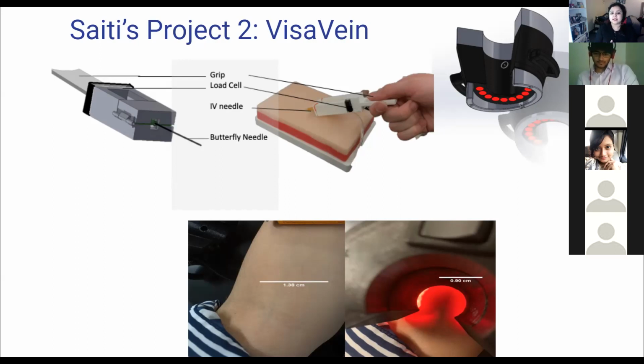The main reason this works is that the red light, when it goes through your blood, there is hemoglobin, which is iron, so it absorbs that wavelength of light, which is red. Yes, it is also applicable for diabetic patients, but we tailored